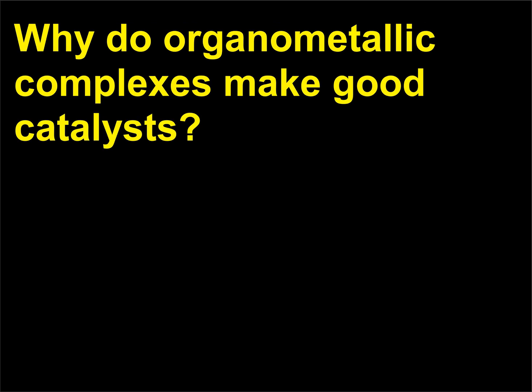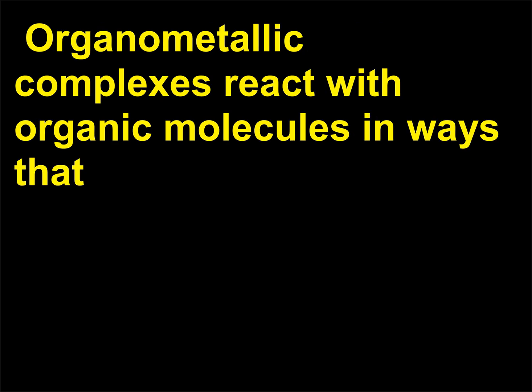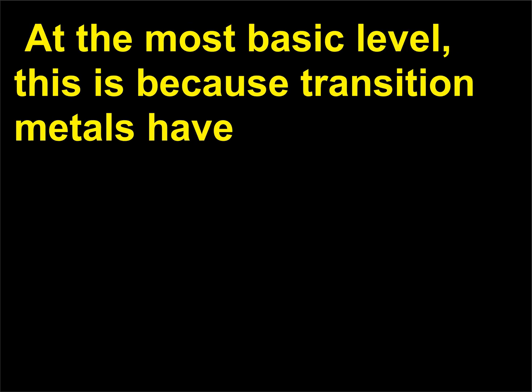Why do organometallic complexes make good catalysts? Catalysts, by definition, provide a lower energy route to the product. Organometallic complexes react with organic molecules in ways that are very different than how organic molecules react with themselves. At the most basic level, this is because transition metals have